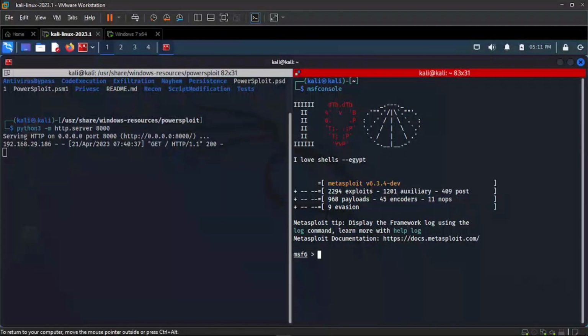So now msfconsole is loaded. Now, since you've created your payload, you need to use exploit multi-handler,